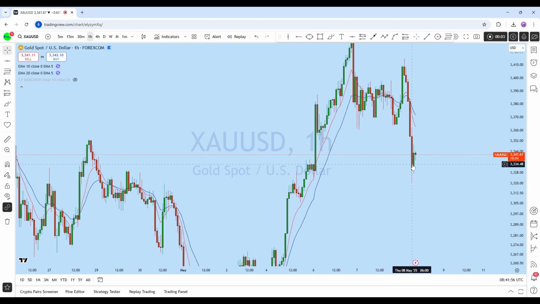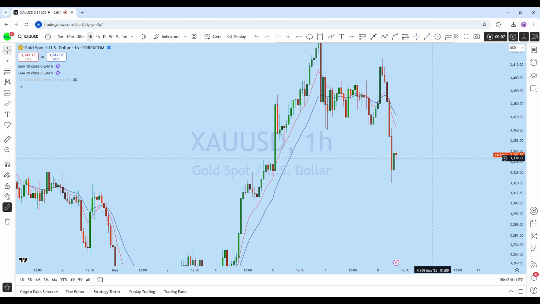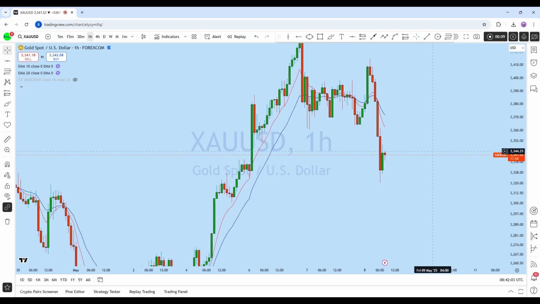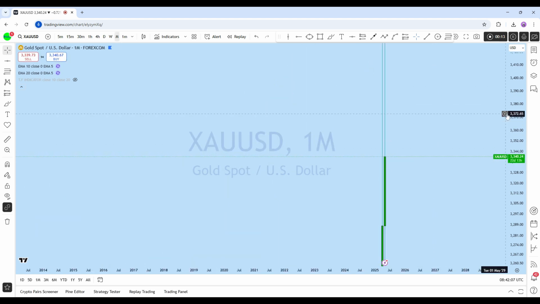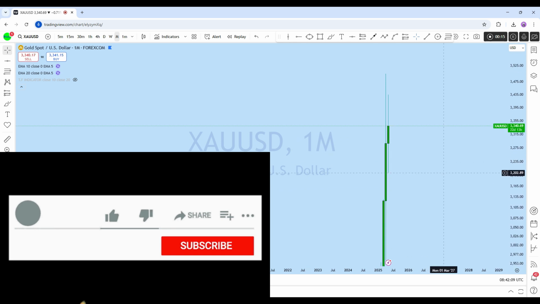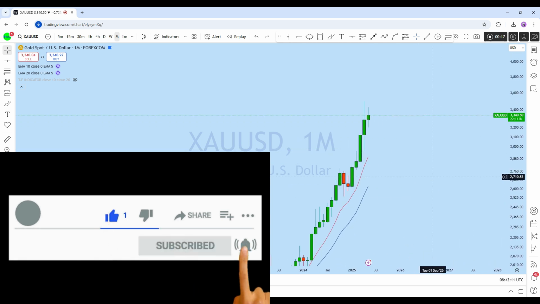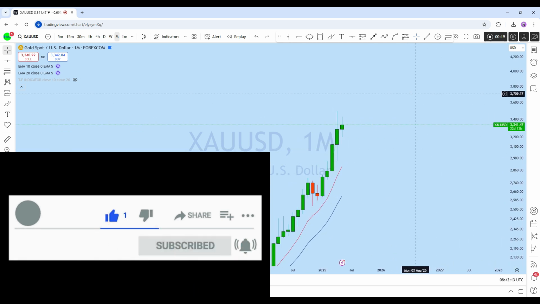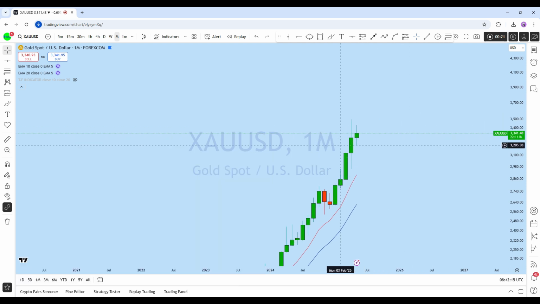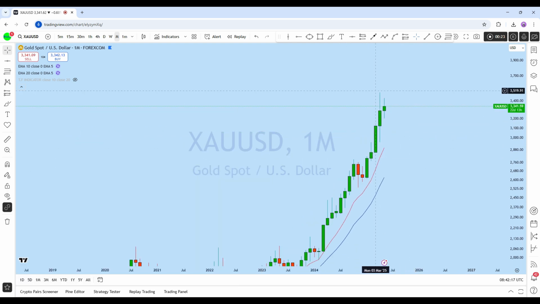So looking at XAUUSD, currently showing a significant trading opportunity on the lower time frame. Now before we look at how we can trade, first let's look at the bigger picture to see the overall direction in this market. So looking at monthly gold, we can see that after the previous monthly close with a long wick on both sides,